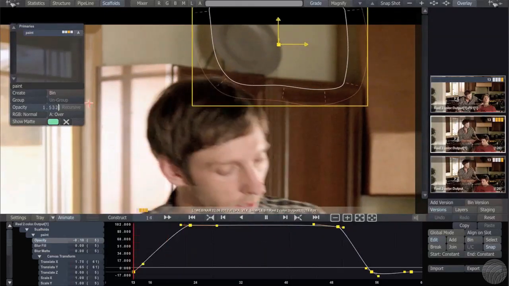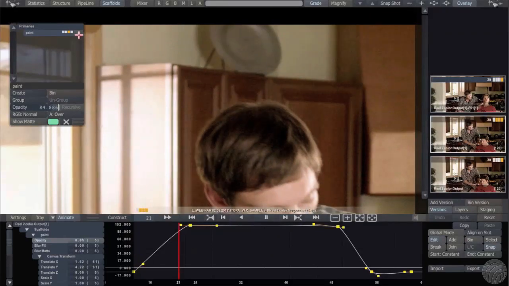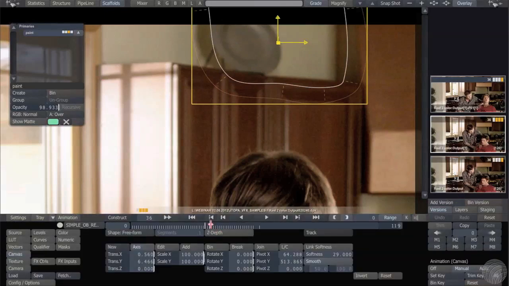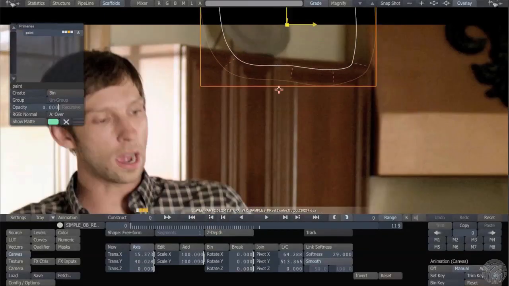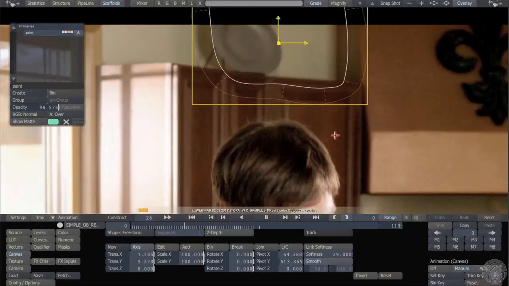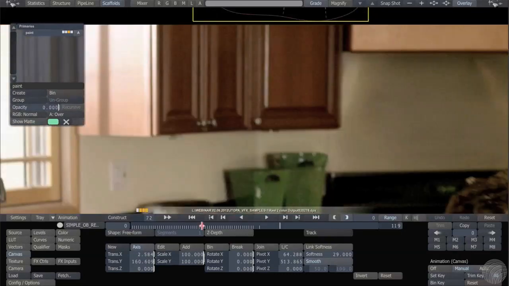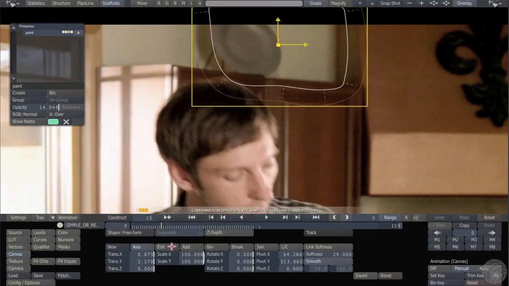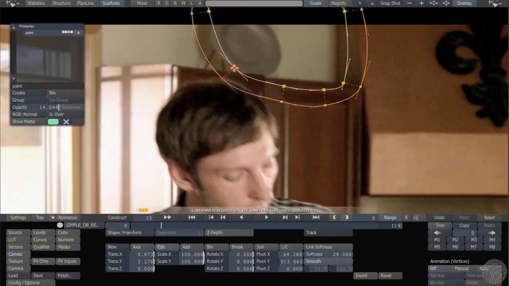So if we were to turn this off, you'd see, boop, you'd see the mic, and if we turn it on, it magically disappears. Clients love seeing that. One more time, this is the actual track of the little shape. Yep. So even looking at this now, it sort of comes into his hair just a little bit. If you wanted to, after the fact, you could adjust this. So let's just bring it out to about here,